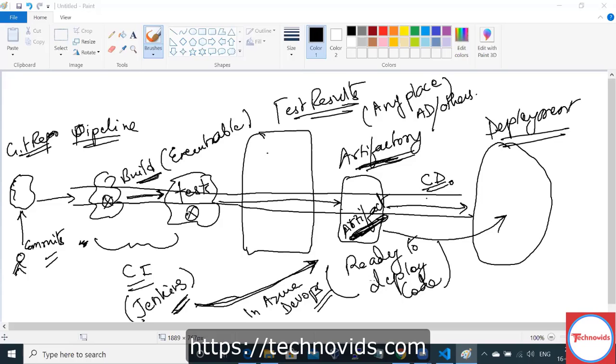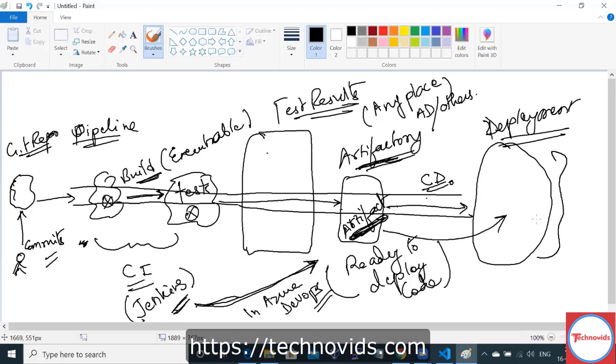And what does CD do? It releases your code, right? Because after the test results are ready, this artifact which is generated is a release which is ready to be deployed. Suppose you have done up to this deployment part only, you have only deployed your code in staging.